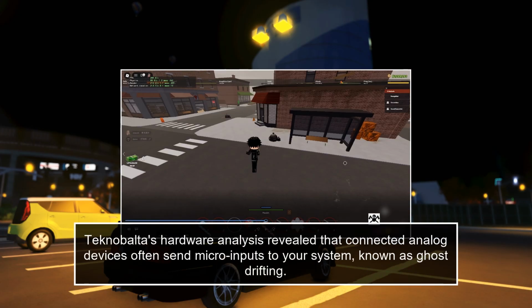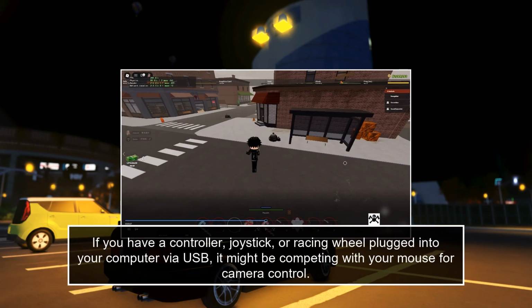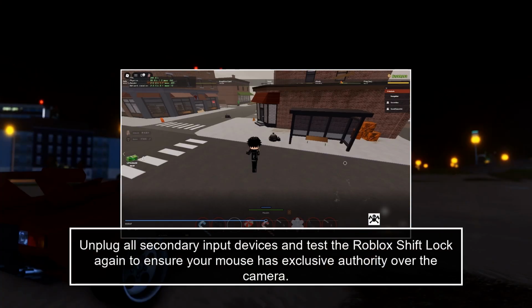Tenabalta's hardware analysis revealed that connected analog devices often send microinputs to your system, known as ghost drifting. If you have a controller, joystick, or racing wheel plugged into your computer via USB, it might be competing with your mouse for camera control. Unplug all secondary input devices and test the Roblox Shift Lock again to ensure your mouse has exclusive authority over